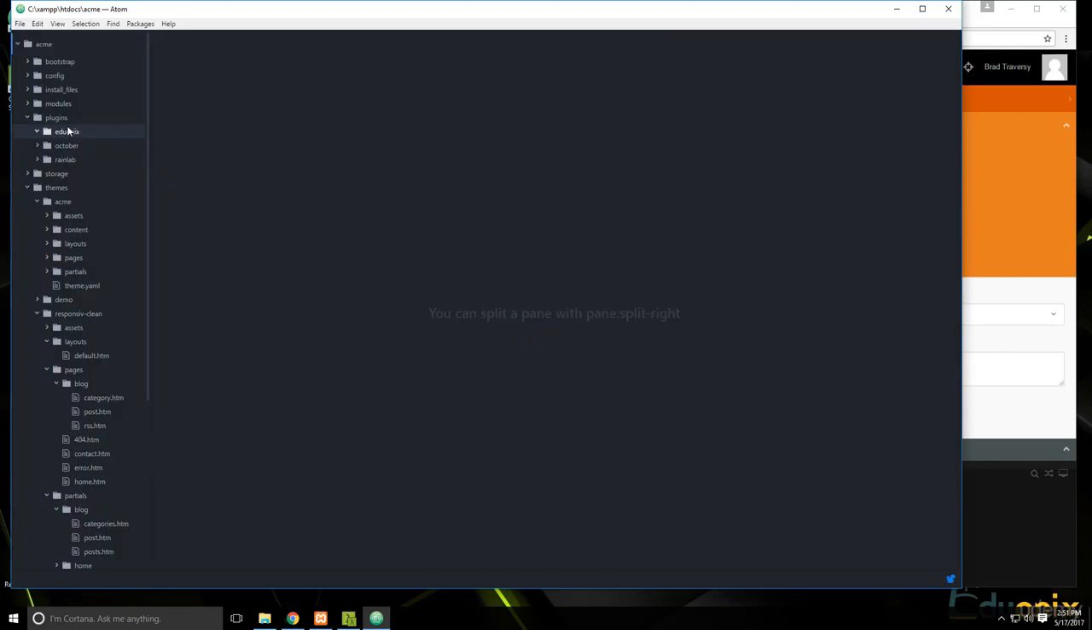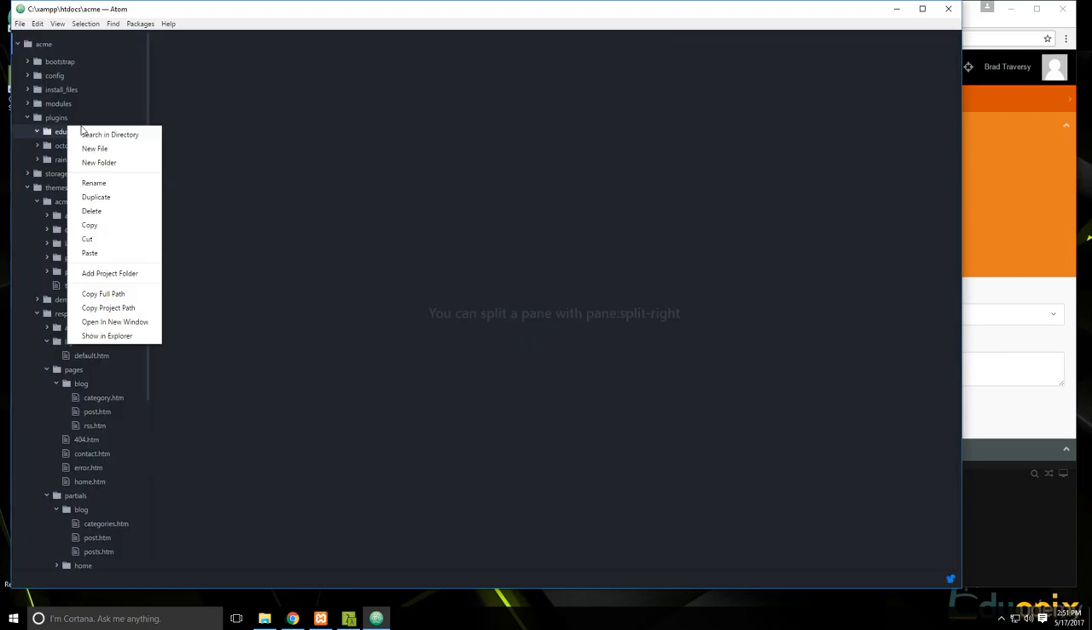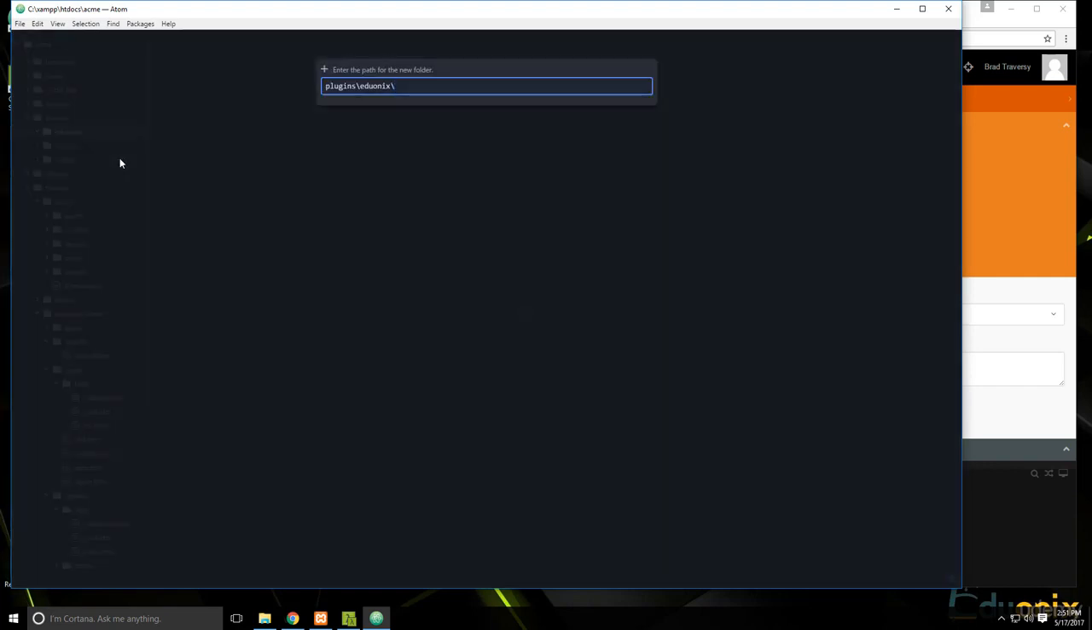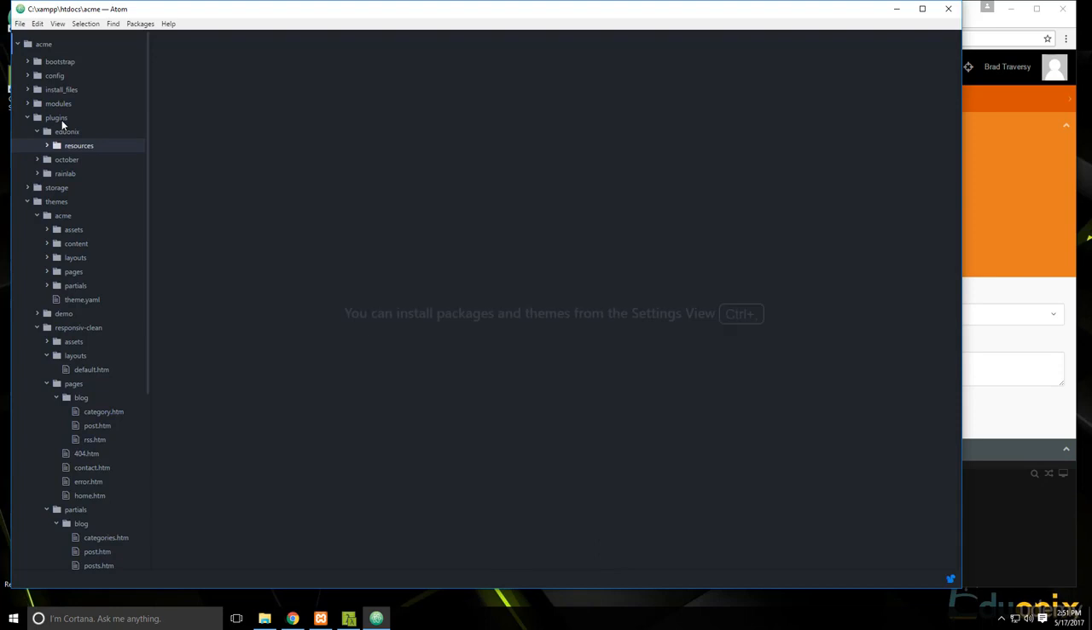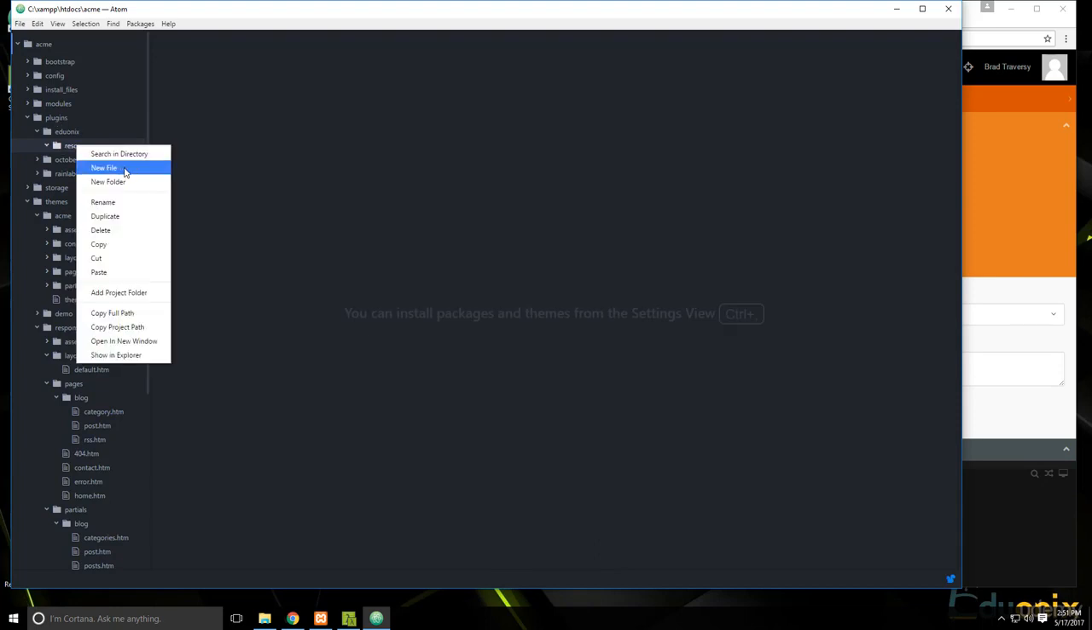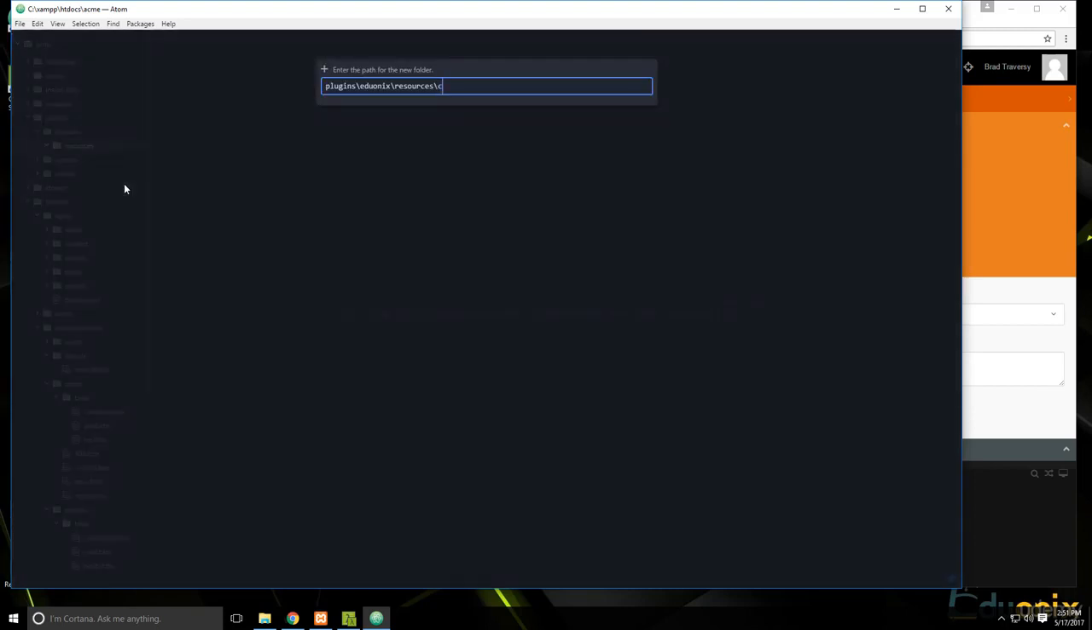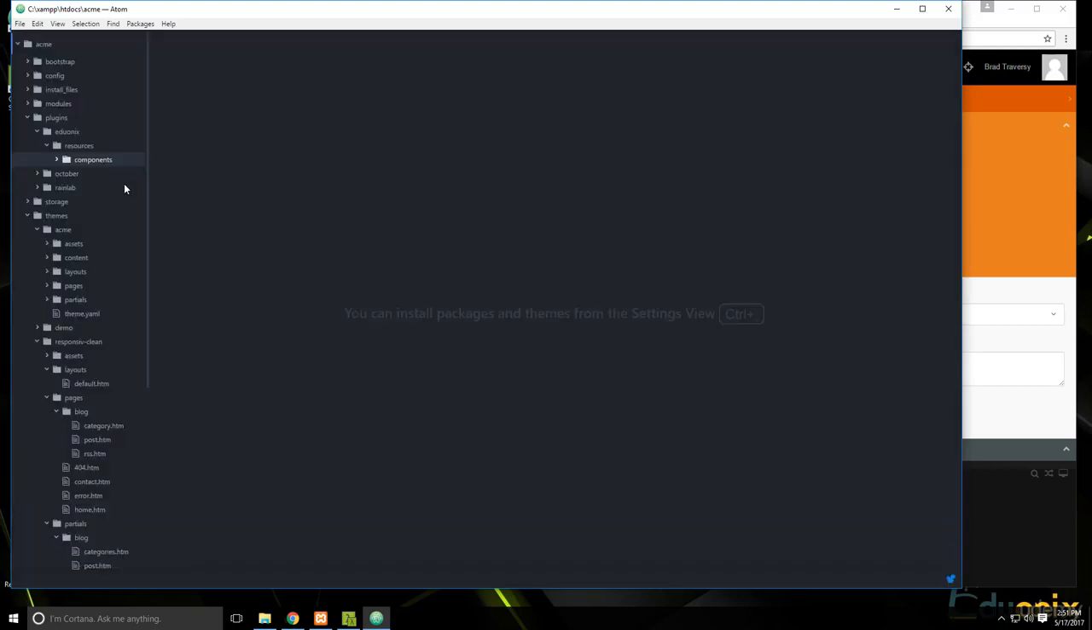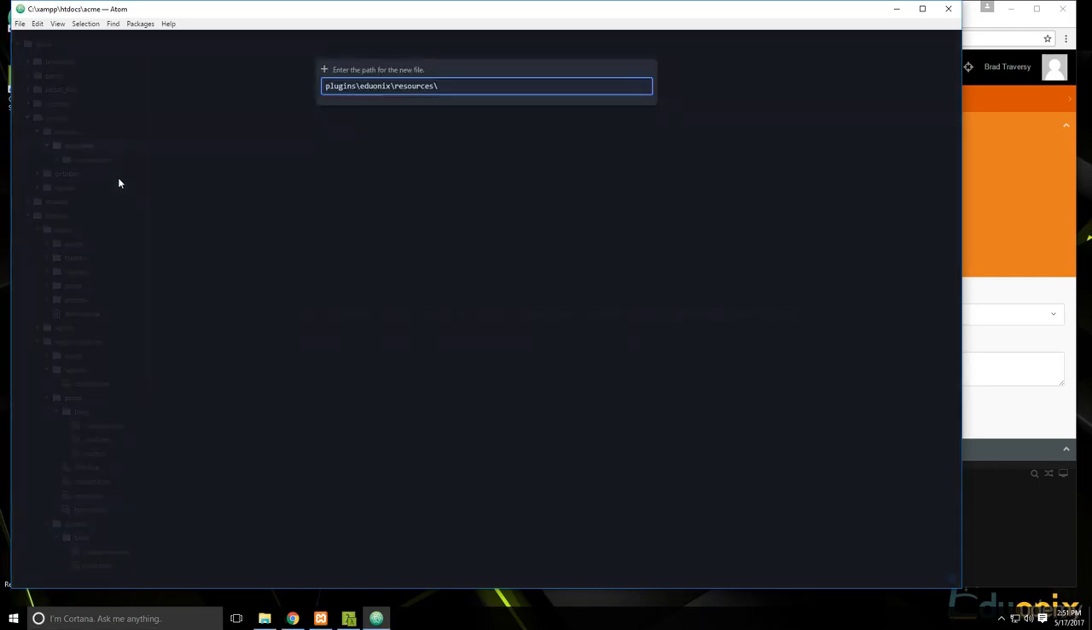Alright, and then inside here, let's create a folder, and this will be the plugin name. Let's call this resources. Okay, so it'll be the resources plugin, and it'll contain a links component. Alright, so inside here, let's create a folder called components. Alright, now in the resources folder, we also want to create a new file, and we're going to call it plugin with a capital P